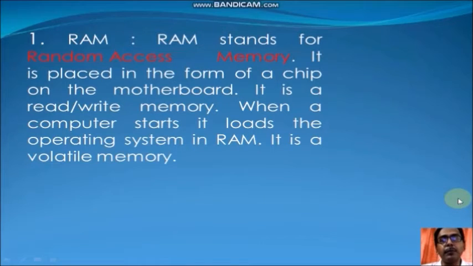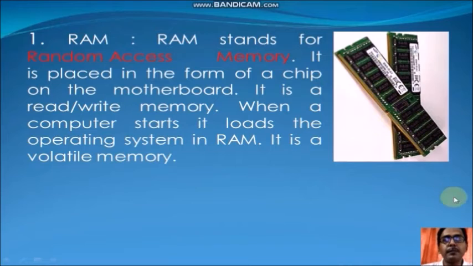It is a volatile memory. Why volatile? As long as the power is there in the computer system, the data are stored in RAM. As soon as the computer system is switched off, all the data inside the RAM gets erased. So we always save our files before shutting down the computer system. When we work on the file, we are directly working on the RAM. After making changes, when we save, a copy of the data is saved from the volatile memory RAM to our hard disk drives or our permanent storage devices, so that we can see it the next day.